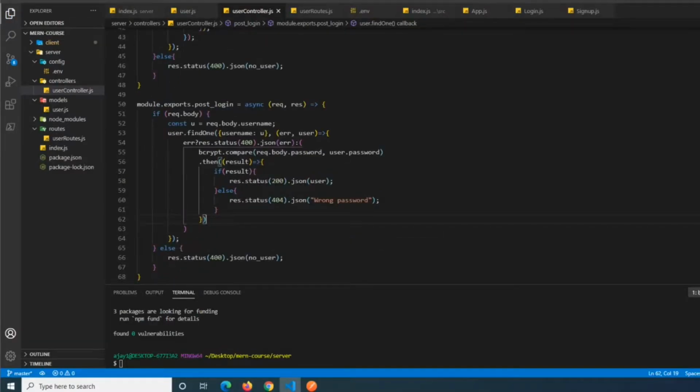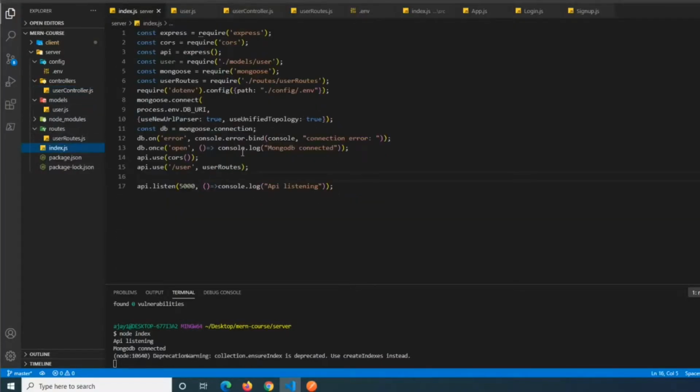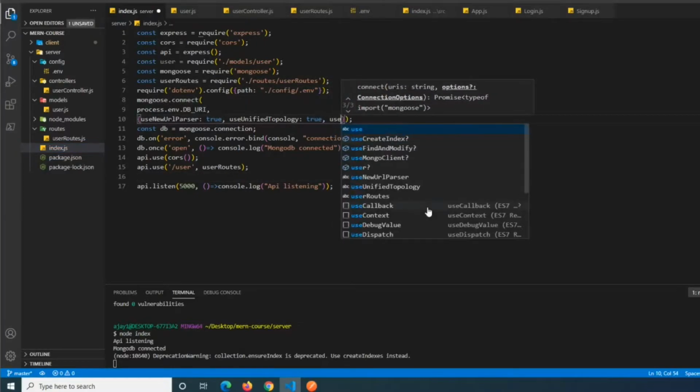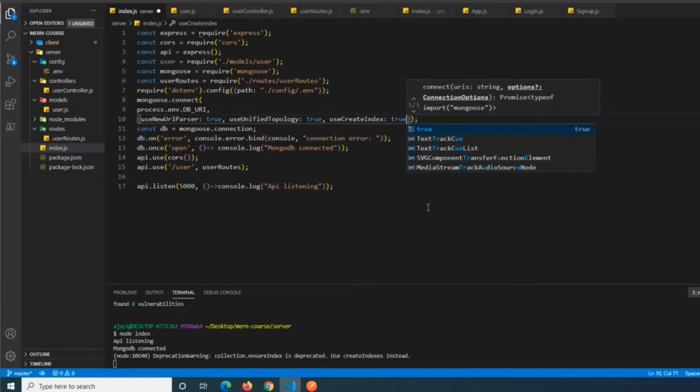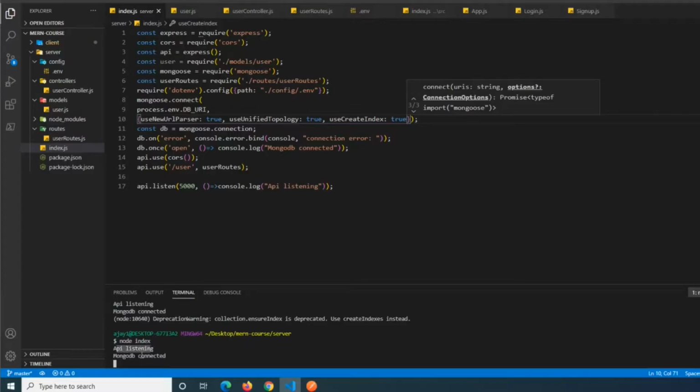Alright, so now let's give this a test with Postman real quick. If you don't have that installed, a link will be in the description. But we're basically going to go ahead and node index this. And we can see API listening, MongoDB connected. And one more thing I just actually remembered is to get rid of this error, inside of our dependencies here, we're going to do useCreateIndex. It's going to be equal to true, and then we're just going to restart our console here, and the error should go away. Okay, so now we see API listening, MongoDB connected,